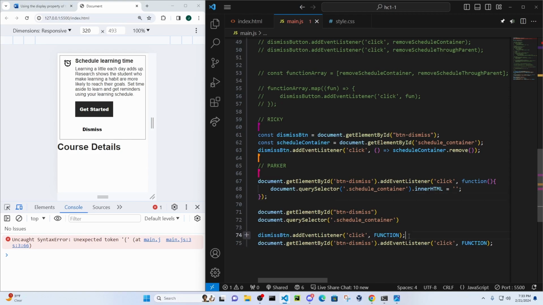Yeah. So Ricky is storing his dismiss button inside of the dismiss button variable and then calling the event listener later, but still just passing a function in. So saying dismiss button, add event listener, on click, execute a function. Whereas Parker, he's not storing it in a variable. He just has document get element by ID button. So this button right here,